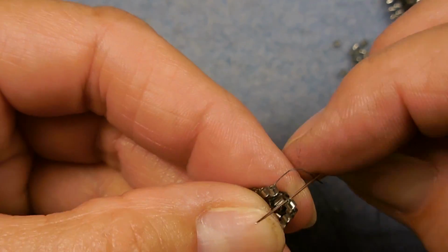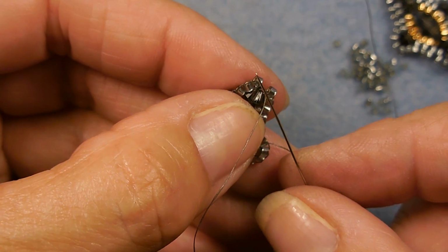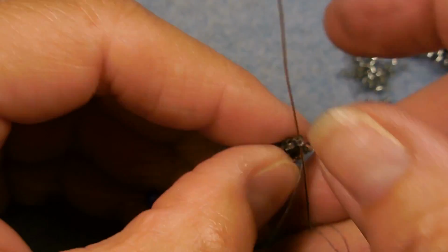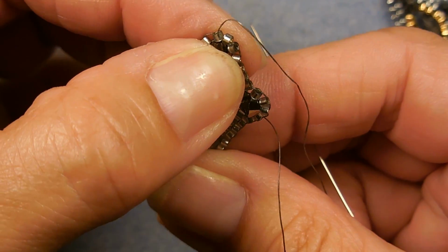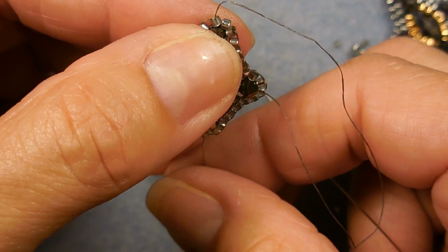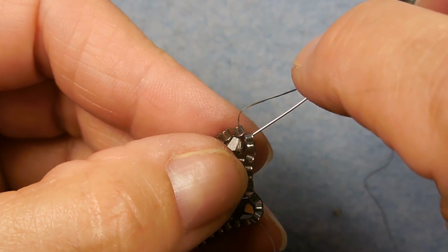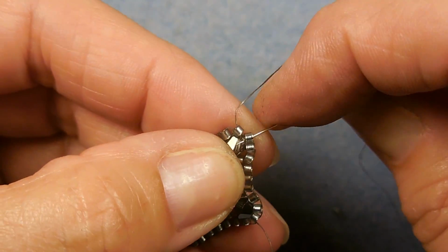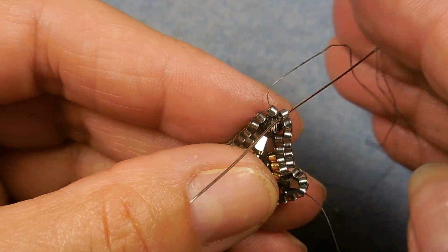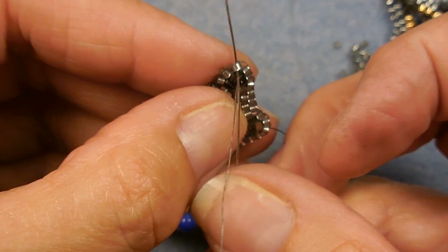I'm just going to get under those threads. I'm going to go up. Second, and that's in a good spot. Before I do anything, I'm going to go down the wonky bead, grab some of the thread underneath, like so. Okay, pull that wonky bead up,